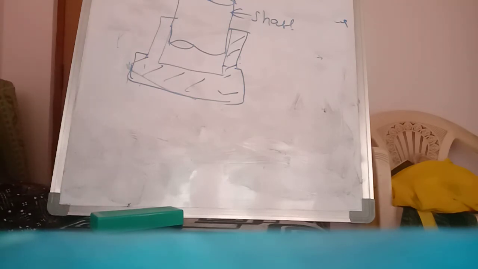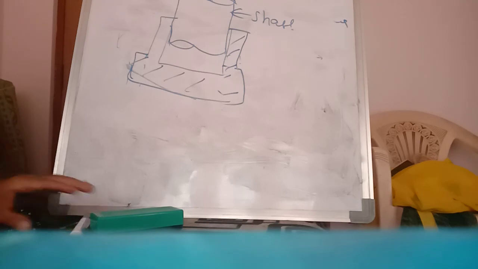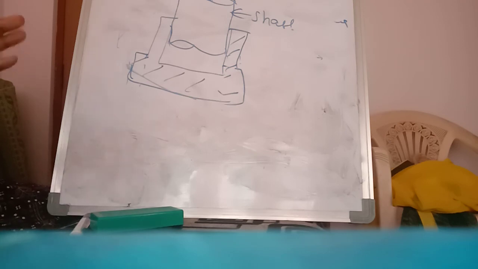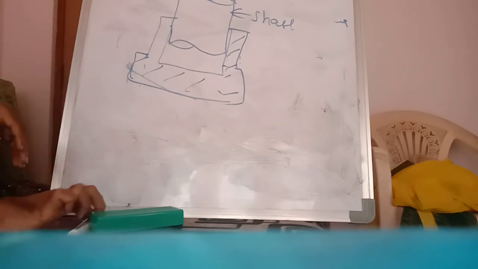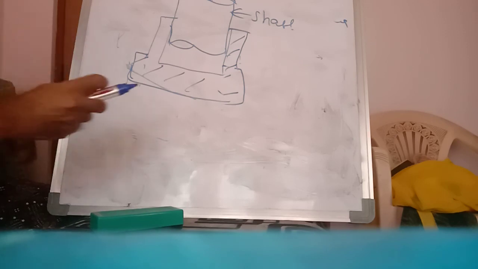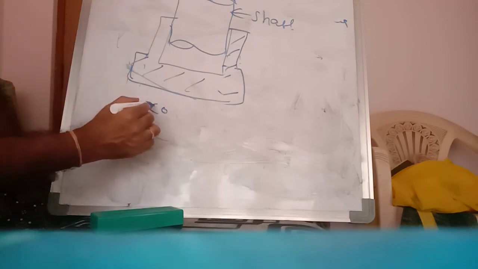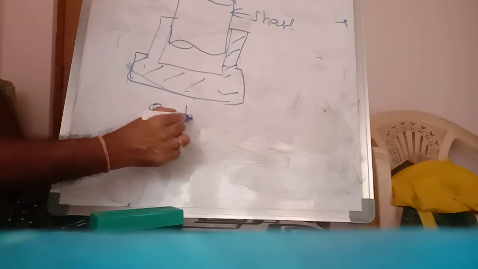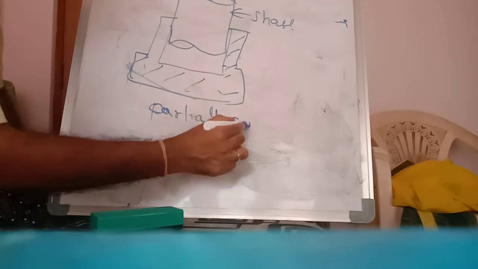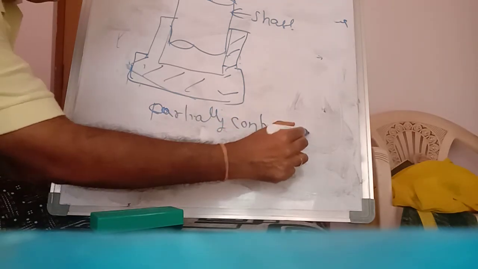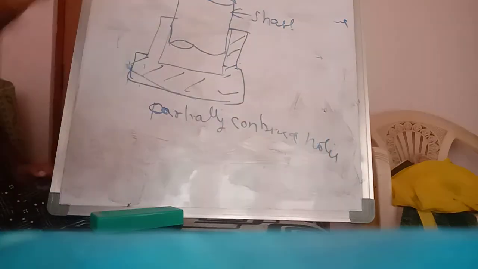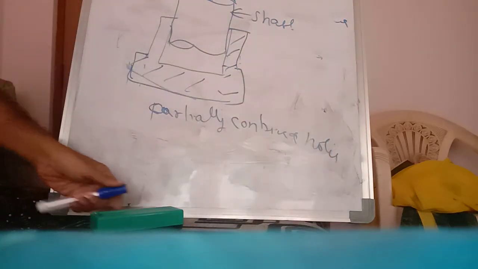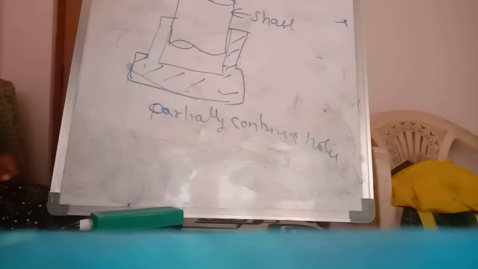So in a question, three figures are given. They ask you to name the type of motions existing between the links. You have to write down the types of motions. So here, it is partially constrained motion. The previous two are: the first one is the completely constrained, the second one is the incompletely constrained. Okay, thank you.